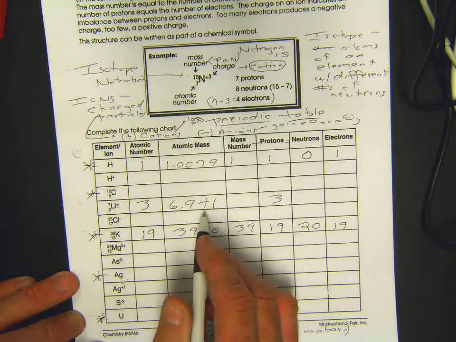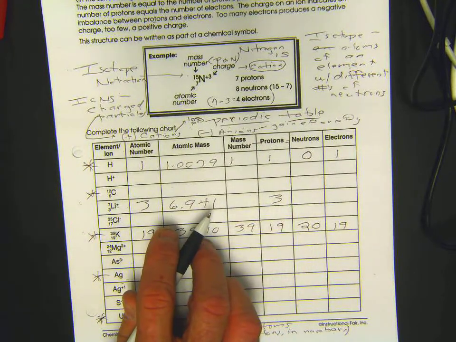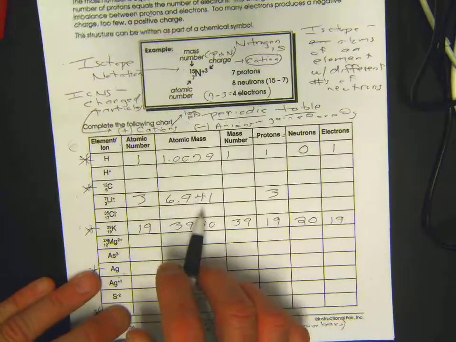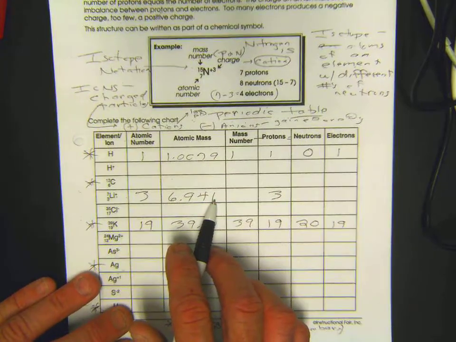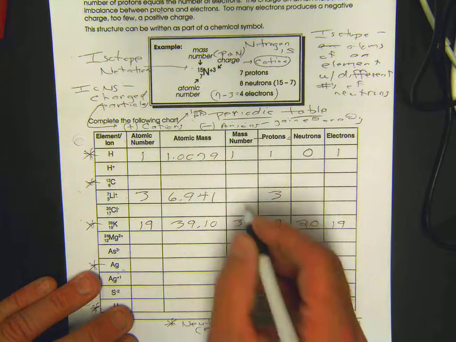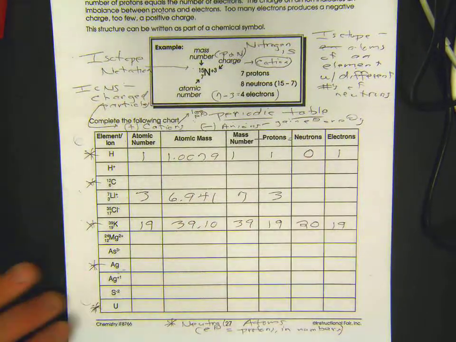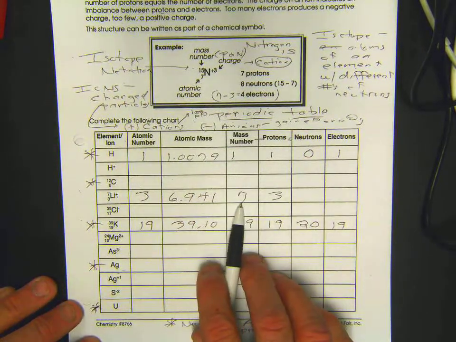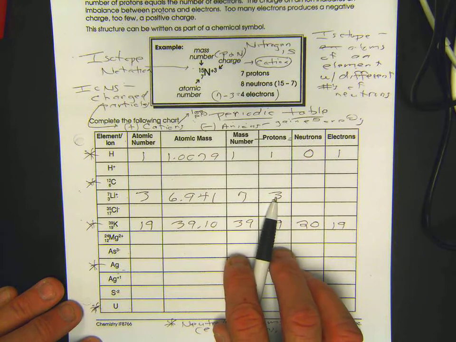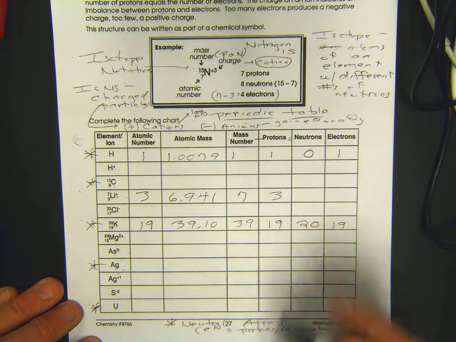That's the atomic mass, or in effect, the mass of one atom. I'll explain that later, as mentioned. I'm going to round this up to the nearest whole number for the mass number. That becomes 7. So the mass number is 7. That tells me there's 4. This is protons and neutrons. This is protons. 7 minus 3 gives me